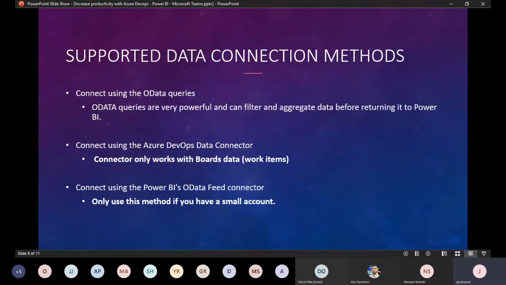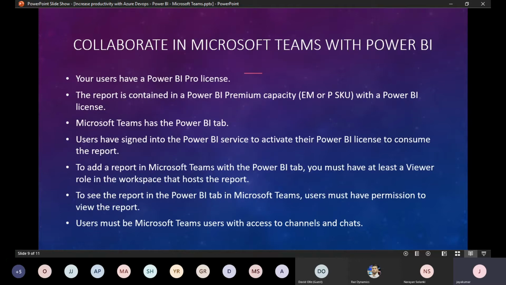Okay, so we have seen the prerequisites required to build the data in Power BI, and now going to Teams: what do you need in Teams? Since that is the third big factor that we are dealing with now, what are the permissions that you need, and what are the things you need to have ready within your Teams to use these Power BI reports?